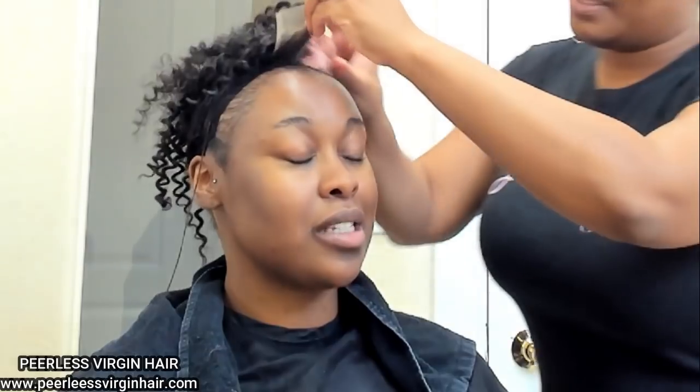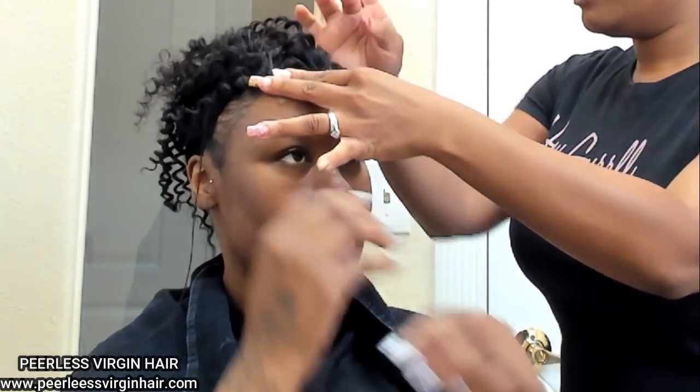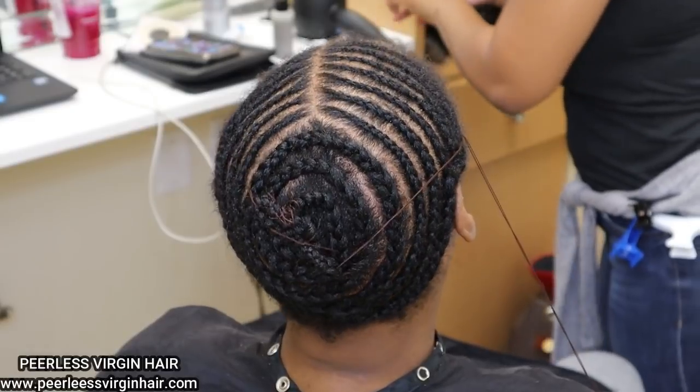Okay, so we've got the braid pattern all done, and I have already put on that net. Now please don't think that her edges are braided up. I actually didn't braid them at all. I just put edge control on, and then they're all brushed back. And as I put these extensions in, you will see exactly why I did that for the effect that we are going for. Okay, so now she is holding the closure down for me,